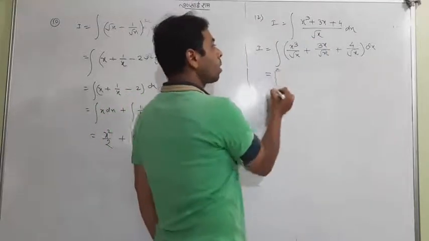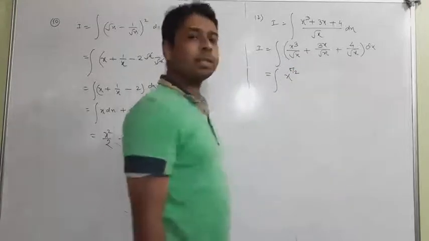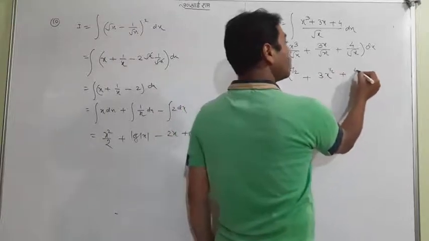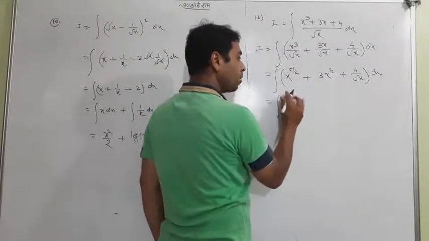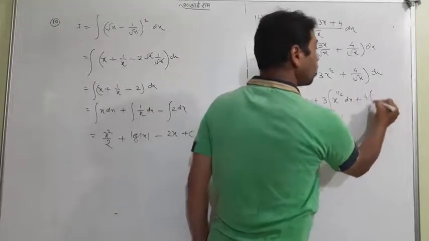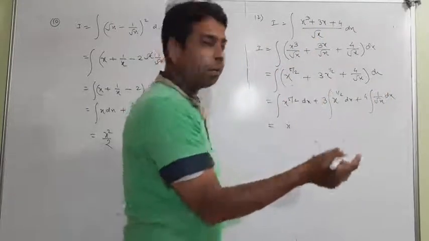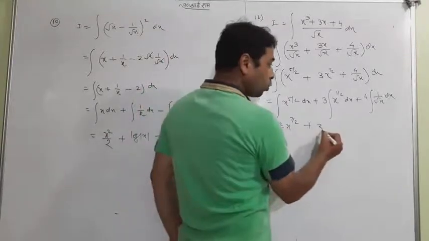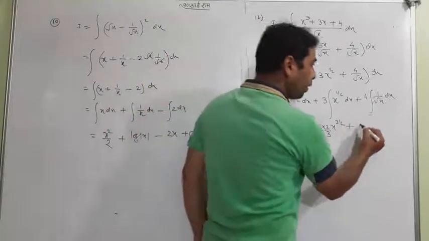Now what to do? x to the power 3 and x to the power half will be definite. 3 minus half, 5 by 2. 3 minus half, 5 by 2. This is x and root x will be x to the power half, and this is 4 by root x dx. Now the integration will separate into 3 parts. x to the power 5 by 2 dx, 3 is a constant value, x to the power 1 by 2 dx, and 4 is a constant value, 1 by root x dx. So what's the answer of this? It's the power, you know, one will be added to the power. 7 by 2 upon 7 by 2, that will be 2 by 7. x to the power half will be 3 by 2 upon 3 by 2, so that will be 2 by 3. 4 into 1 by root x.